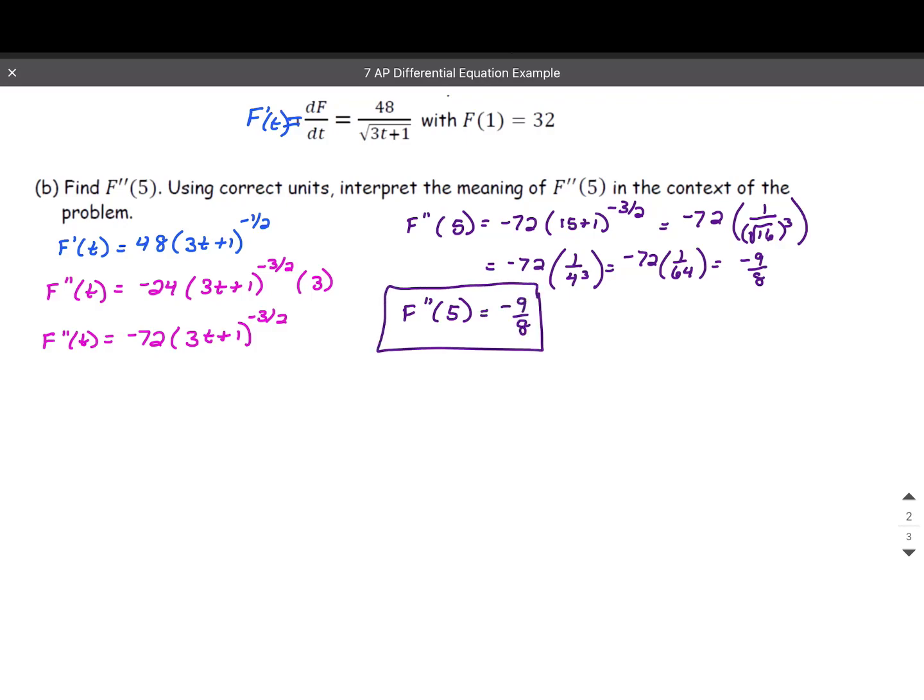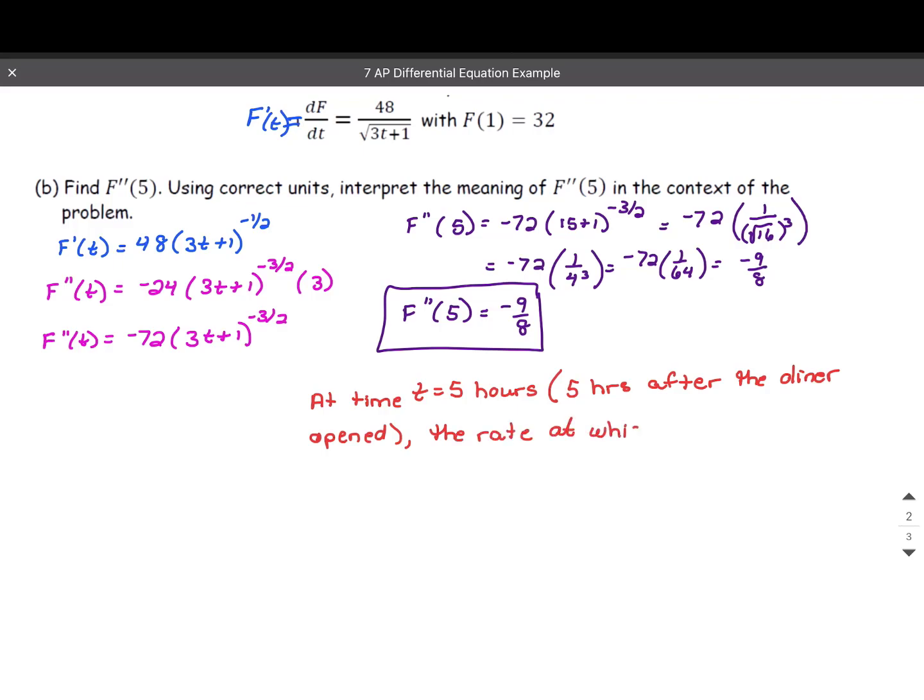Awesome. Now we need to interpret that. So remember, you need the time, you need the noun, and you need the unit. So when is this happening? At time t equals 5, and we are in hours, right? 5 hours. Or if you want to be more specific, you can say 5 hours after the diner opened. Okay. The rate at which food orders are taken,